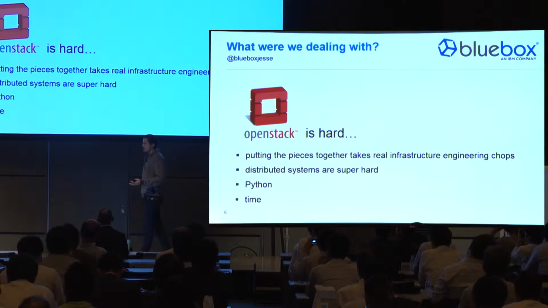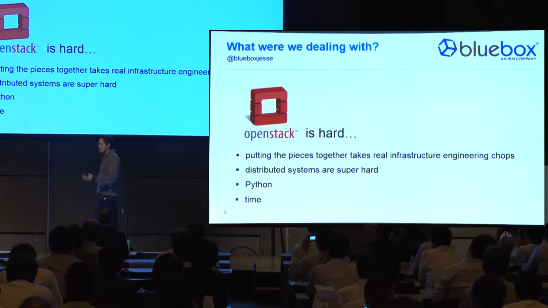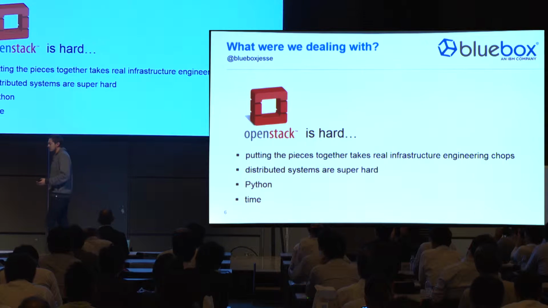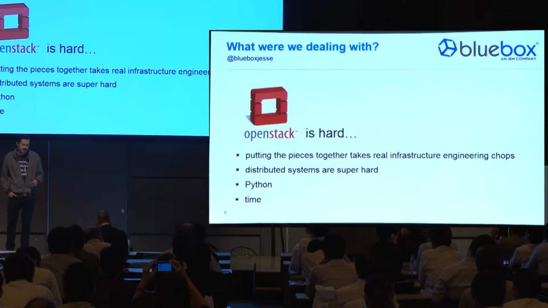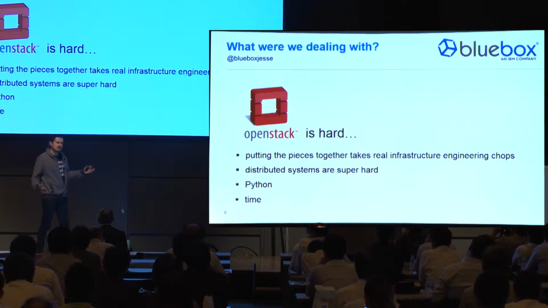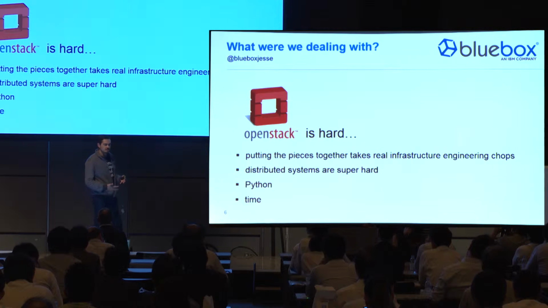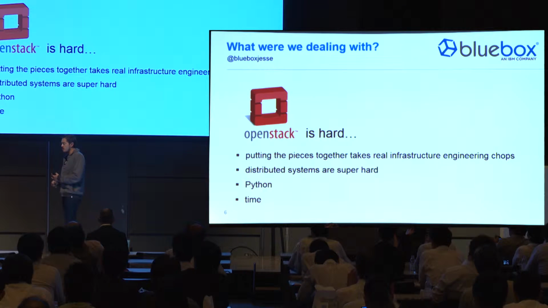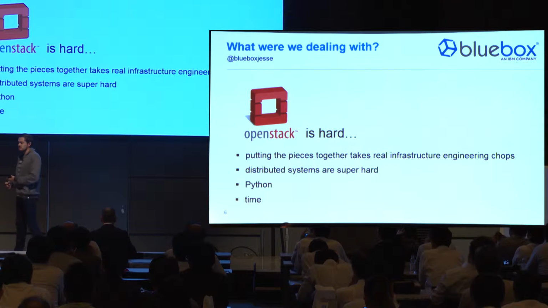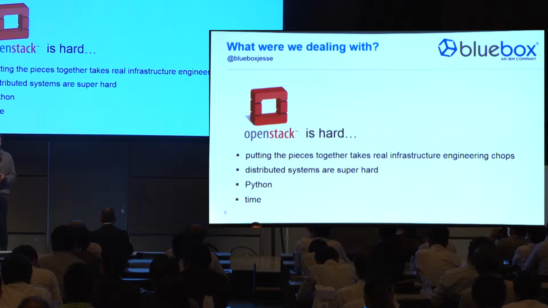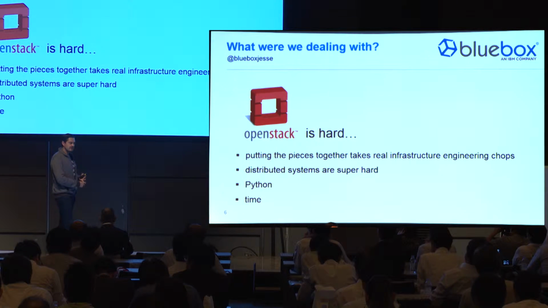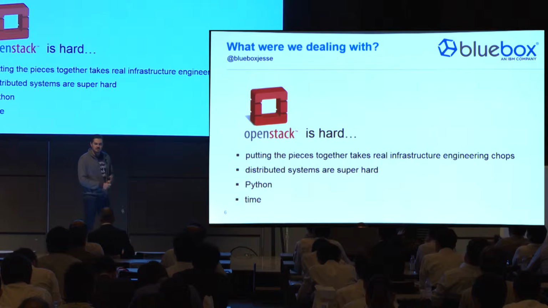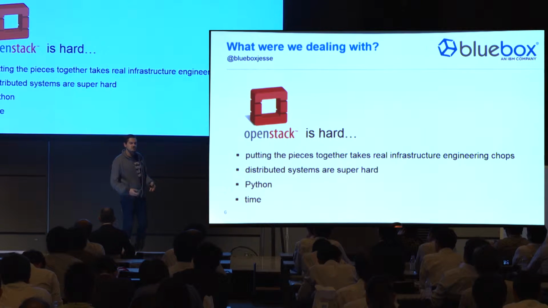So what were we dealing with? OpenStack is a very complicated set of technologies. It's become ever more complicated in the last 5 years. As Mark mentioned, there are countless numbers of projects. I think it's above 15 today. And the reality is that assembling all of those pieces into a functional operating platform is very difficult. Distributed systems are difficult to manage, upgrade, and operate. Python is a unique skill set, and distributed systems engineers who understand Python are at a premium. Lastly, it takes a lot of time to understand OpenStack, time to follow the community, time to understand everything that is changing in the platform.